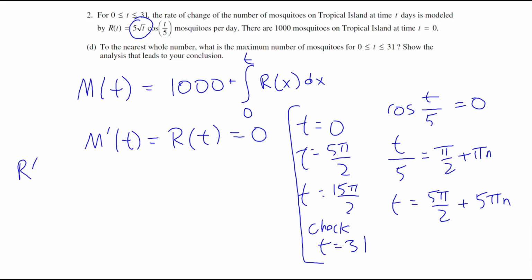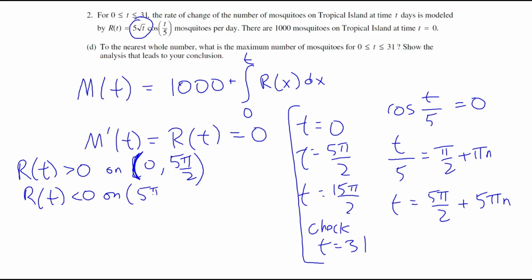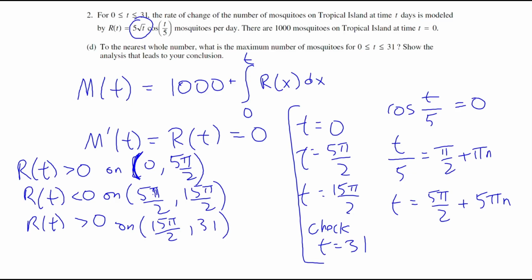We know that r of t was greater than 0 on 0, not with a bracket, with a parenthesis actually, 0 to 5 pi over 2. And we also knew that r of t was less than 0 on 5 pi over 2 to 15 pi over 2. And we also know that r of t was, again, greater than 0 on 15 pi over 2 to 31. So that tells us that our max could only be at 5 pi over 2